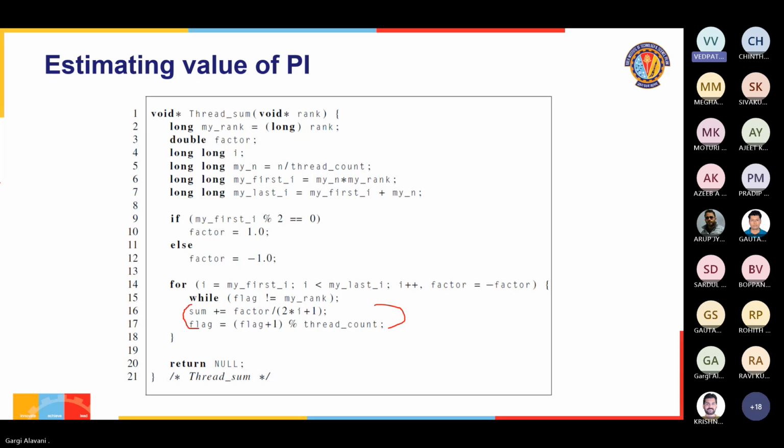Let's say when thread 0 is in context, it will go ahead and execute the sum and flag related statements, which are line numbers 16 and 17 in this example, while other threads are going to execute line number 15, which is a while statement. So the operating system will need to allocate a time slice to each thread in this example. As against that, if we move on to the next slide,